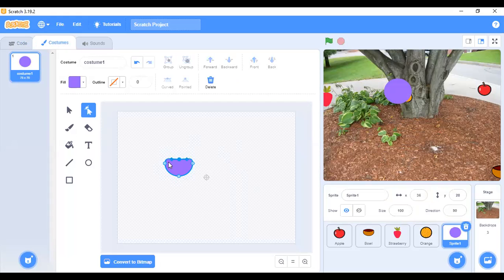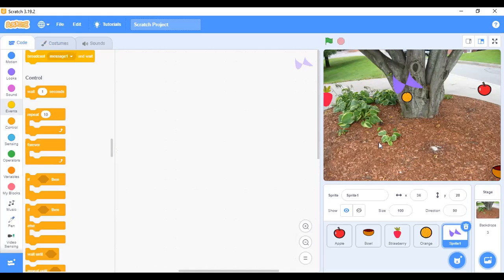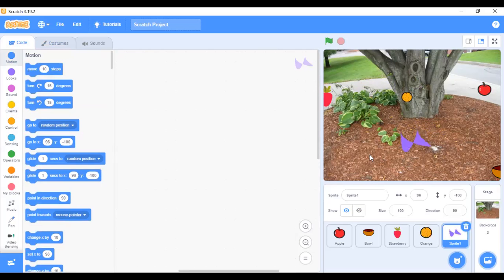Then you can reshape it into anything that you want. You can reshape it this way. Can you see how it's been reshaped? Then it is there like that. So you can now write the code for this particular sprite you've created by yourself. That is just that about that. Can you teach us how to change the color of the car?